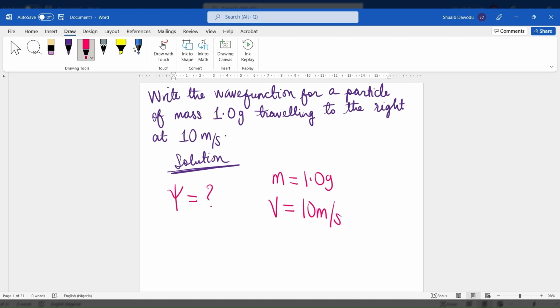Anytime you're given a question like this, you have to first understand that when you're told a particle travels to the right, that is telling you it's only traveling in the right direction. There's a formula that we're going to need, called the free motion in one dimension formula. It states the wave function of x is equal to A e raised to the power of ikx plus B e raised to the power of negative ikx, where